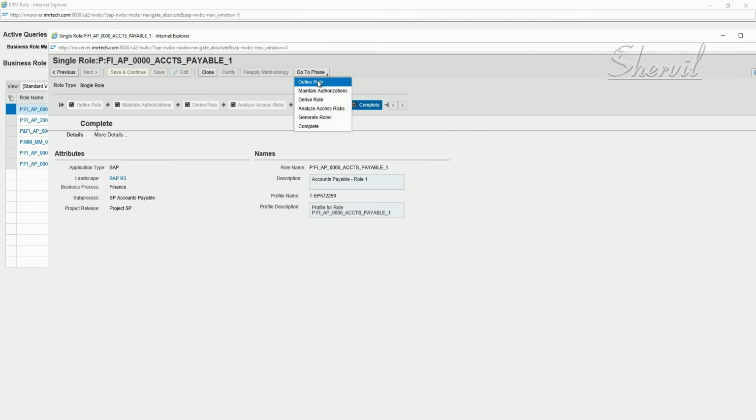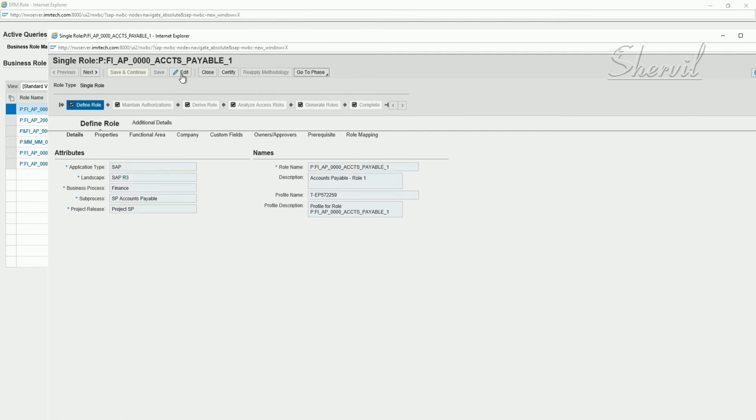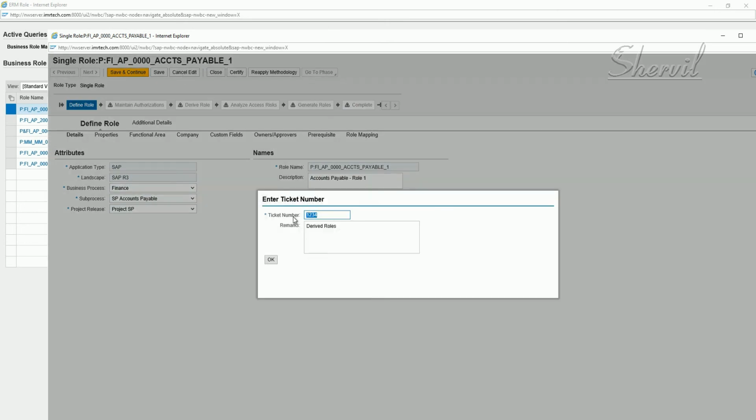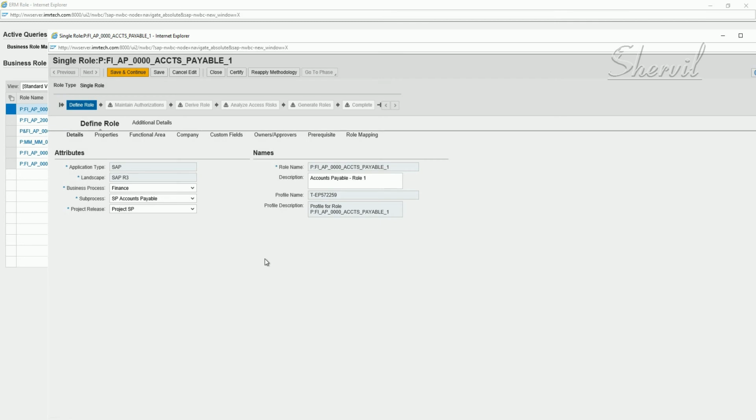So let's go to the define role phase. We are in edit, right? So let's say 1, 2, 3, 4, 5, 6 derived roles 2. We can't do much about this because it's all the same, because what we're trying to do is create a derived role.